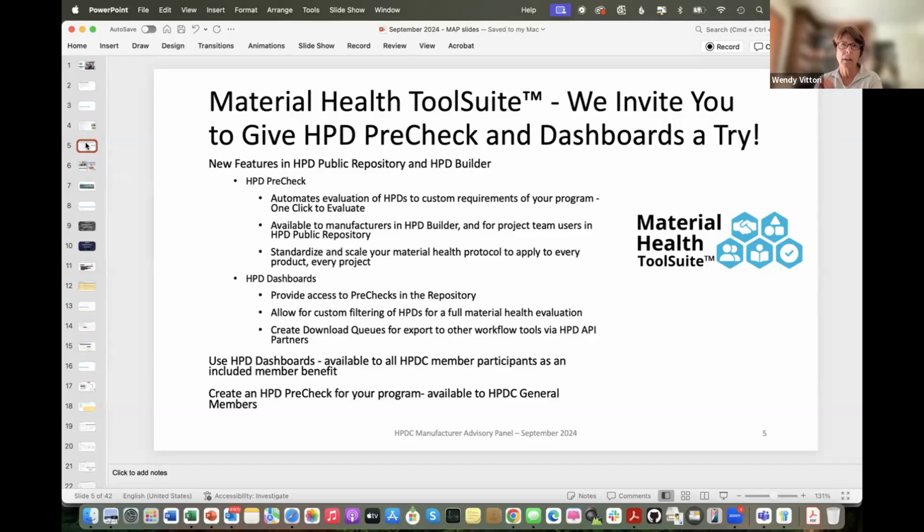So there's a lot of information available here as you're thinking about your own product development and wanting to help bolster the case for taking action with particular ingredients that you might have. This will help you understand how that looks in other products that are publicly reported in the repository as well as your own. So it's a great resource that can be very useful in a lot of different ways.